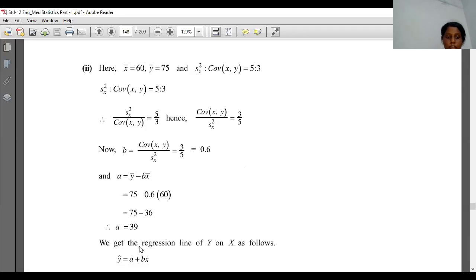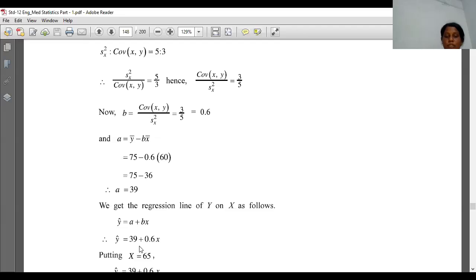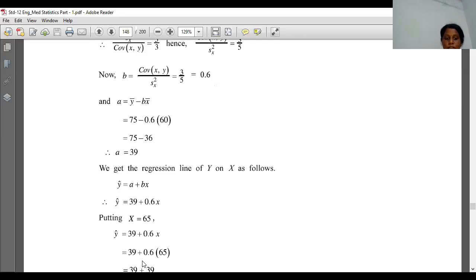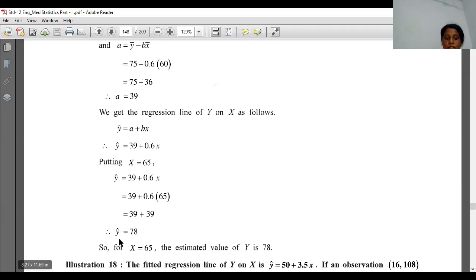Now regression line is y cap equal to a plus bx and value of a is 39 plus b is 0.6 and x. And here in this question, value of x is given, that is 65. Okay, so we'll substitute the value of x. So our final answer of y cap is 78. For x equal to 65, the estimated value of y is 78. Okay, now